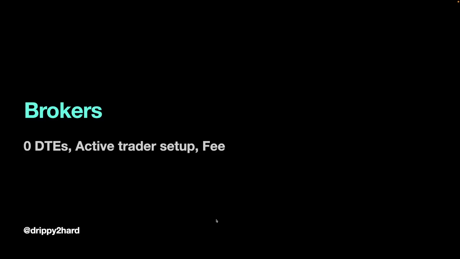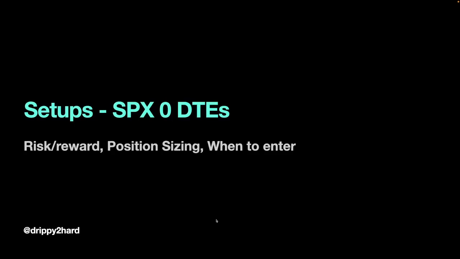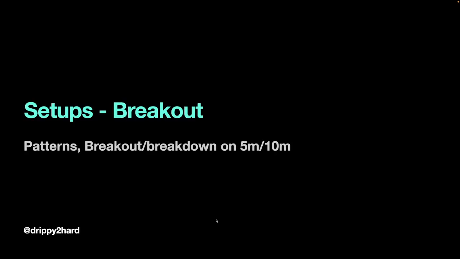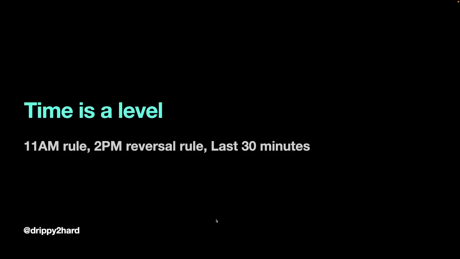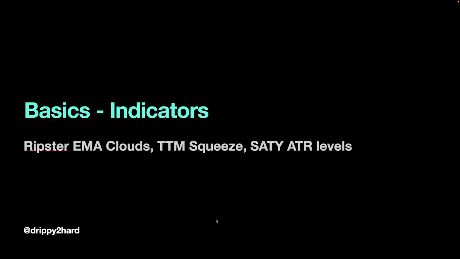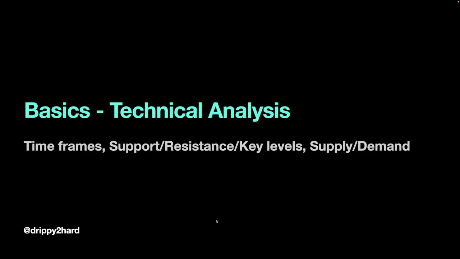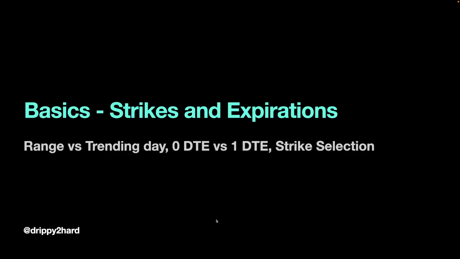And so that's all, folks. This is the overview. And then in next video, we'll go over in depth on how to journal, what to look for in SPX 0 DTE supply demands, how to draw them, how to identify breakout trades, and then again, how to identify EMA supports and stuff like that. The 11 a.m. rule, I'm gonna go over the scanner, which one of the community members has been working on, and how to use that for your advantage. And then we're gonna go over these. There are already a lot of amazing videos online, so we can skip this one. And then TA, I'll go over how I draw key levels, and then this I already covered.